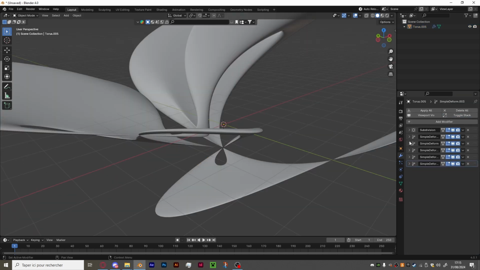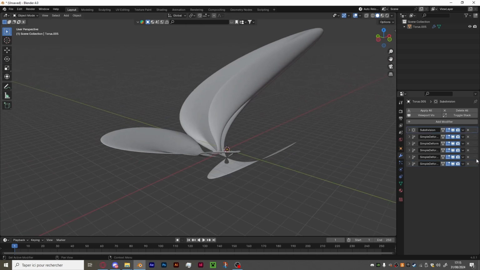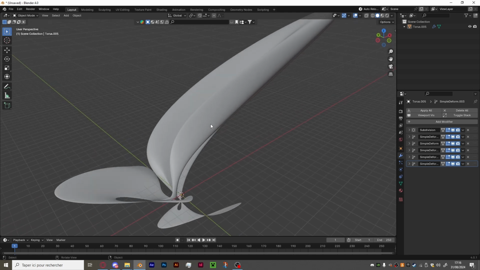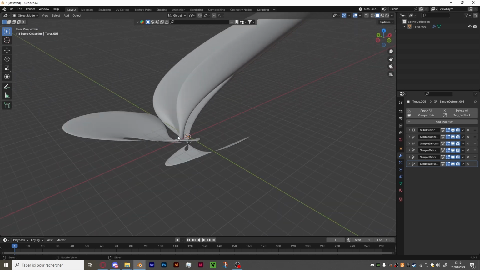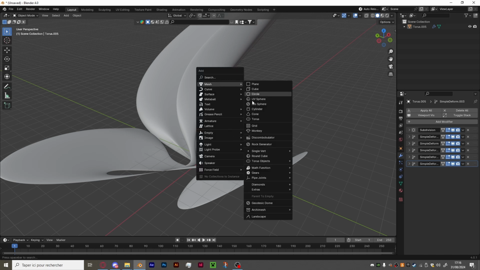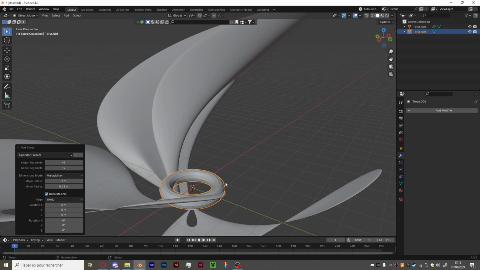I will toggle the stacks so you can see that we have one subdivision modifier and 1, 2, 3, 4, 5 simple deform modifiers, and they all stack from top to bottom. If we want a more complex composition, then you will have to add objects, and for that there are 3 ways, sorry. The first one would be to actually redo everything we have seen just before, which is spawning a new torus,